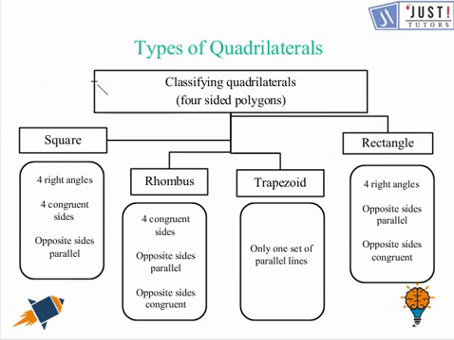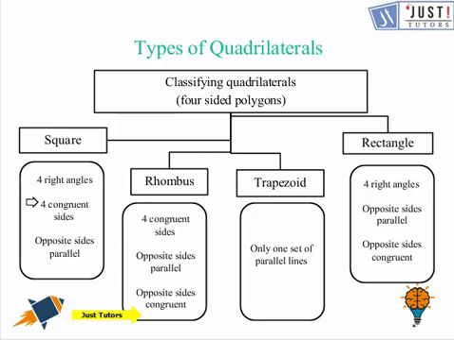Now let's proceed with some types of quadrilaterals. As we know, a quadrilateral is a 4-sided polygon. One type of quadrilateral is a square, in which we have 4 right angles. All the sides are equal, or we also call it 4 congruent sides, and opposite sides are parallel. Then we have rhombus, in which again we have 4 congruent sides or equal sides, opposite sides parallel, opposite sides congruent, that means opposite sides are equal,